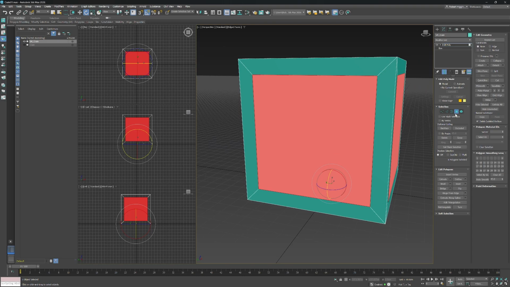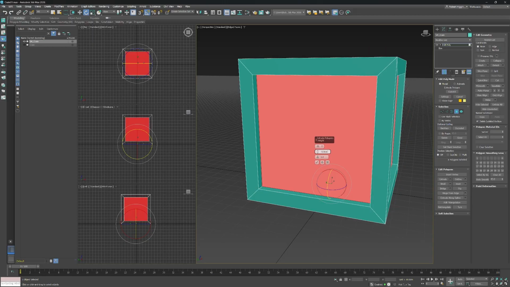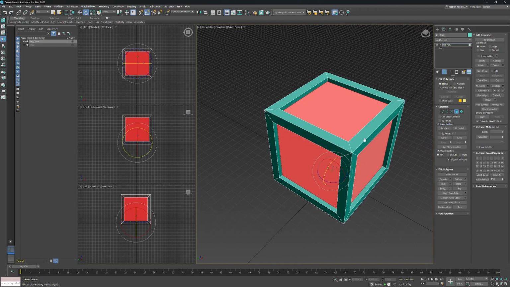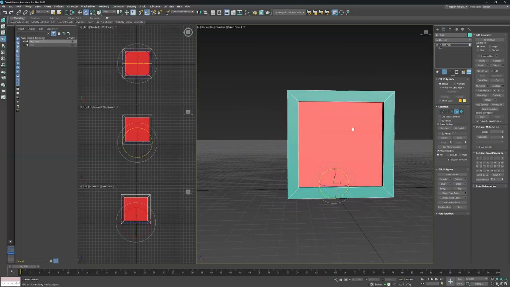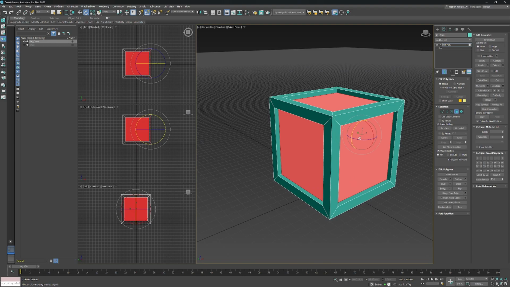And then we're going to use extrude, and we're going to extrude by local normals for, let's say, 5 centimeters, oh sorry, no, minus 5 centimeters, just to give us that little inset. And I feel like that looks a little bit more like a sci-fi cube, a crate. It's workable. There's a lot of tools available to us in the modifiers list which would take forever to go through,